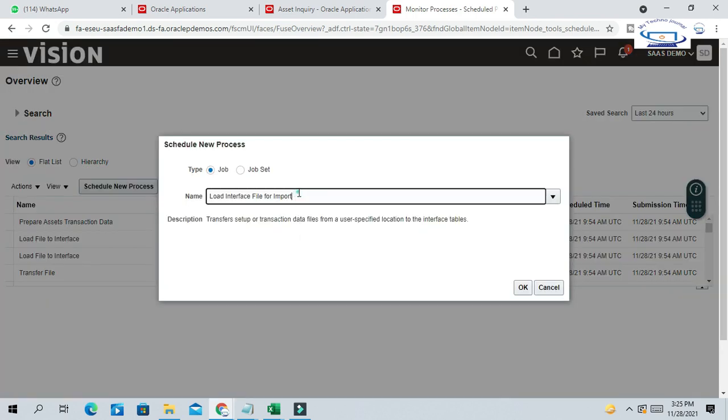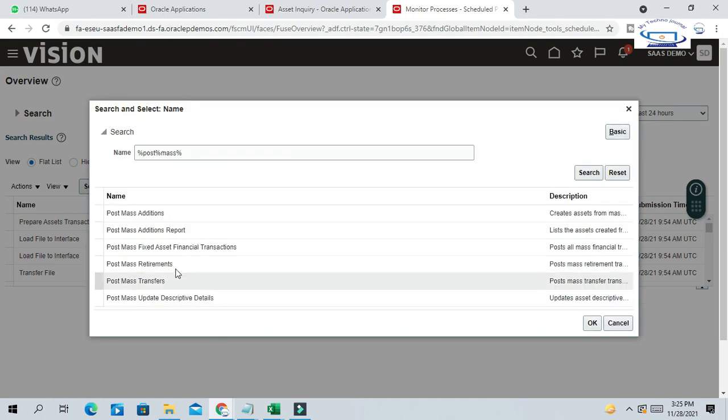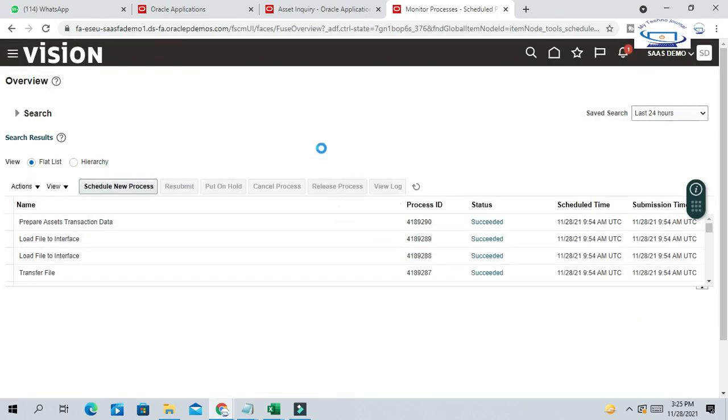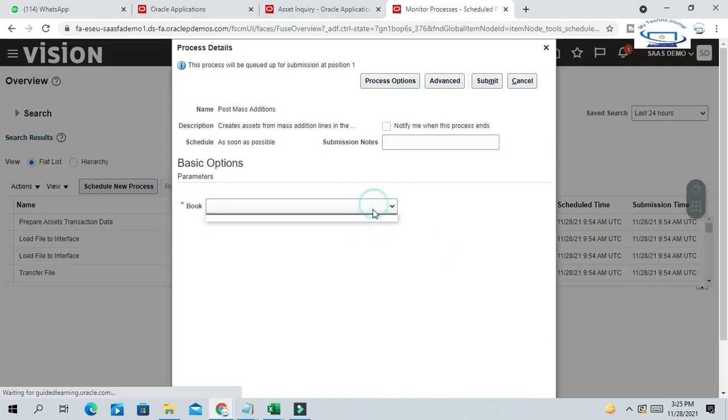The post mass addition process. Okay, post mass addition process. So if the file is in the interface, automatically it will capture the file from the interface.